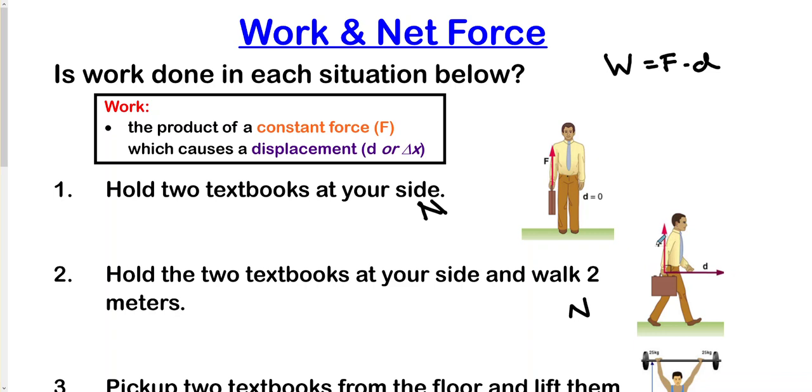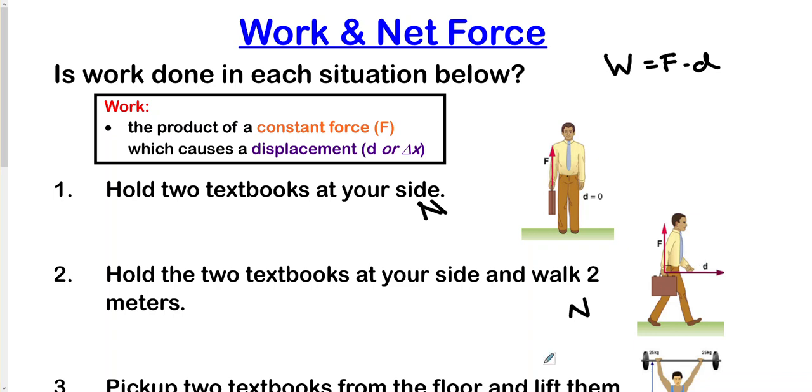So is this force, the force of lifting, causing this displacement? No. So you could walk 100 miles carrying 100 pounds, and scientifically you would have done no work because your force, the force of lifting, is not causing the displacement. Other forces are, and their work would be done, but your arm would have done no work